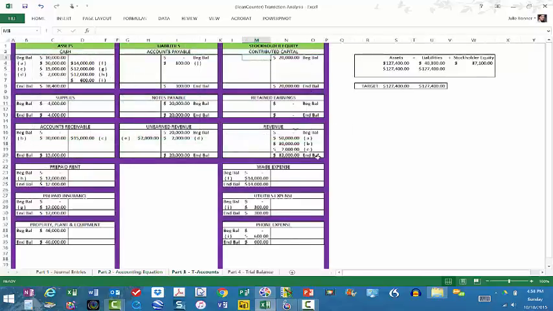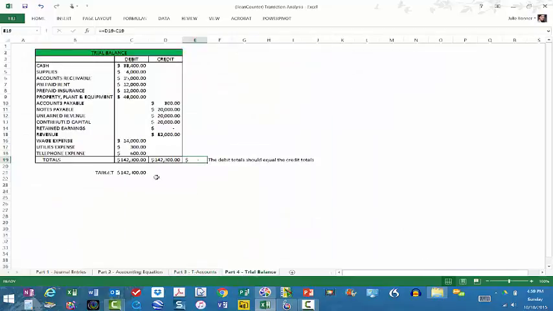The T accounts would all be filled out with what the latest balance in these accounts are. As you can see, some of these we didn't even have a transaction. We just had a beginning balance, and no transaction affected that balance. And so each one of these has an ending balance of what is supposed to be in those accounts based on these transactions. And as you can see over here, from an accounting equation standpoint, all of this matches. Our target was this, and it has come out to be exactly that. And then our trial balance should be